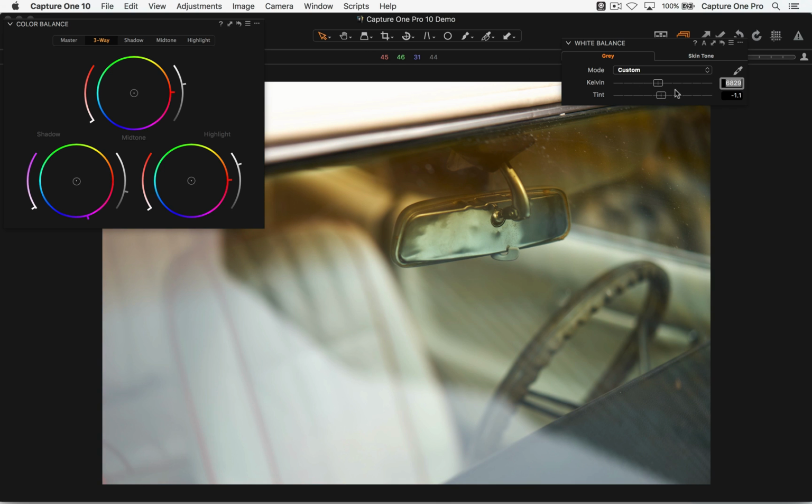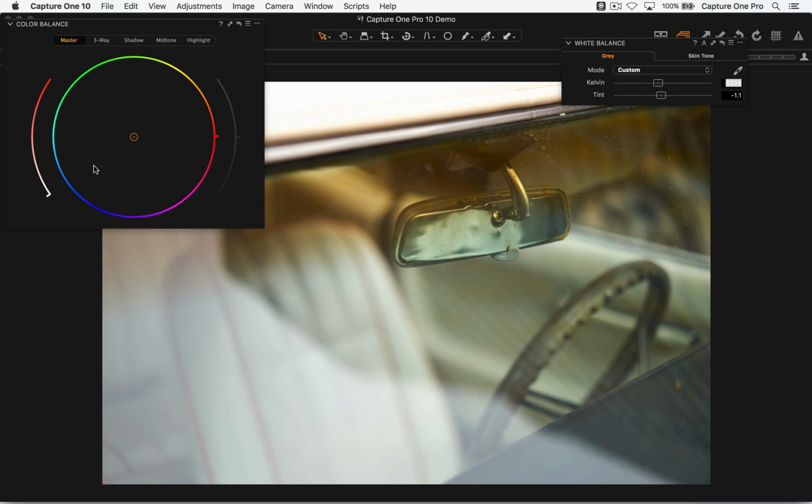But that's just warm and cold, for example, on the Kelvin slider, not the complete range. Like if we want to go cyan, for example, we could do, and so on. So you just don't have that range that you do in the color balance tool. The white balance is just for adjusting the white balance. It's not the same adjustment as the color balance. Far less scope, for example. So two totally different things.